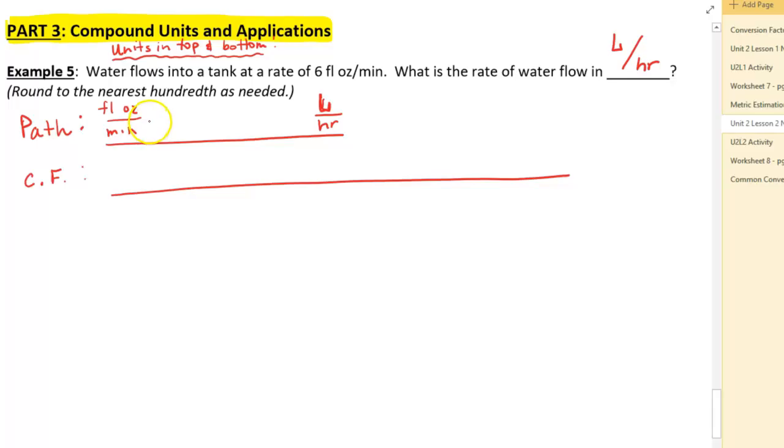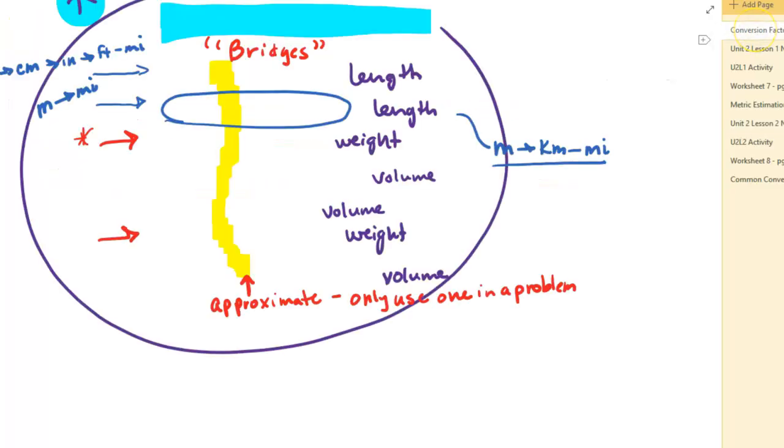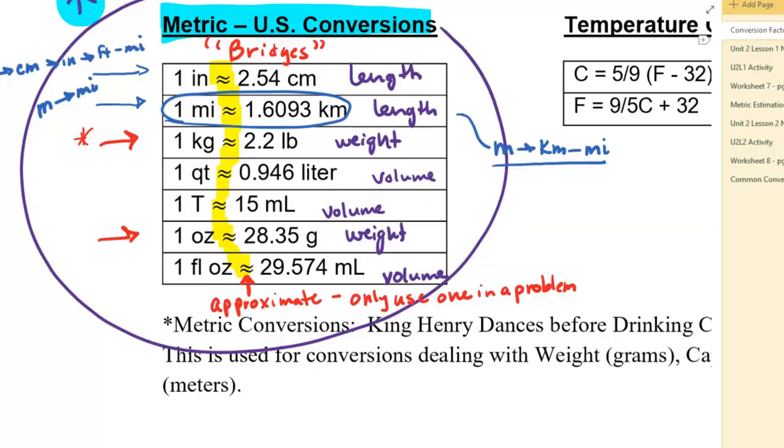So to get from fluid ounces to liters, well, that's a U.S. system. This is a metric system, so we're going to need a bridge. All right, so we're going from U.S. to metric, so we need a bridge. So let's go back to our bridges. And this time we're